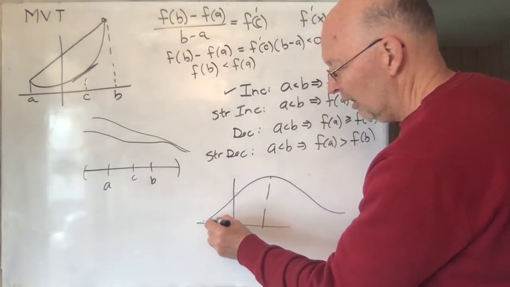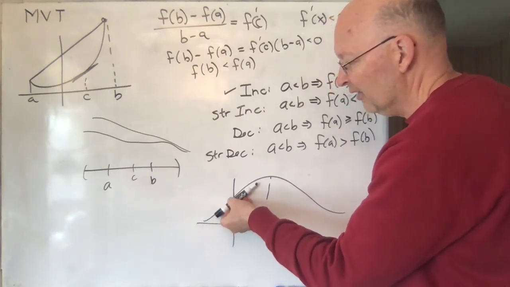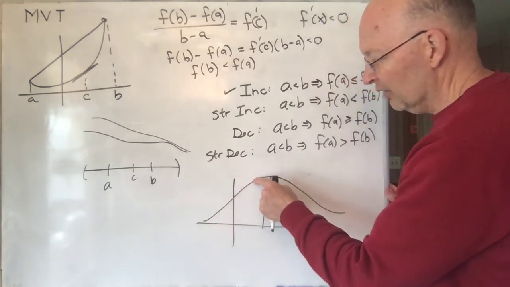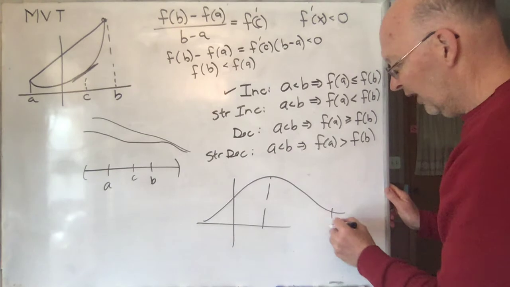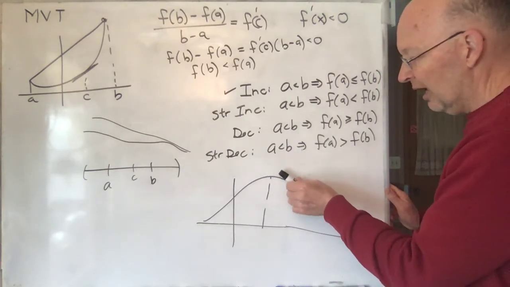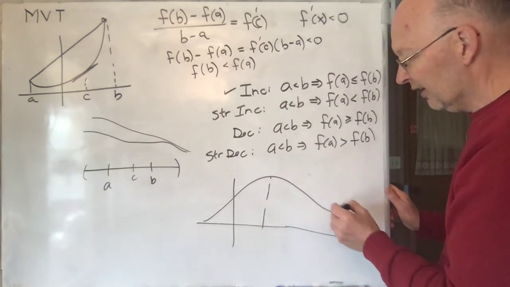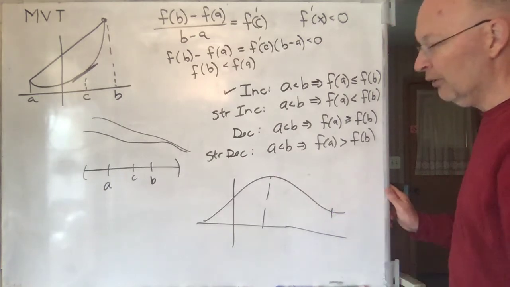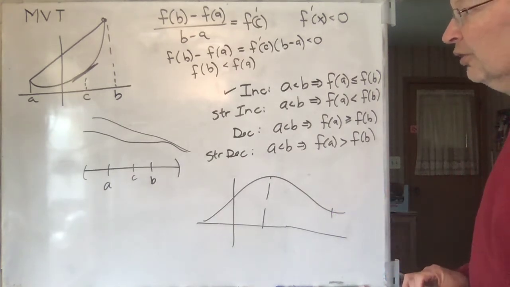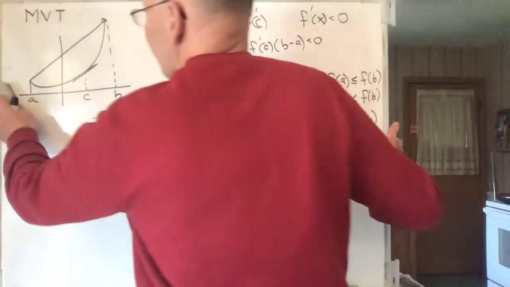interval here, the slope of the function always looks to be a positive number, and that coincides with the fact that the function is increasing there, whereas from here to here, it looks like the slope of the function at all those points, the slope of the graph is negative, and sure enough, there the function is decreasing. Okay, makes total sense. Okay, but the mean value theorem is what you can use to actually prove it. Okay, so let's